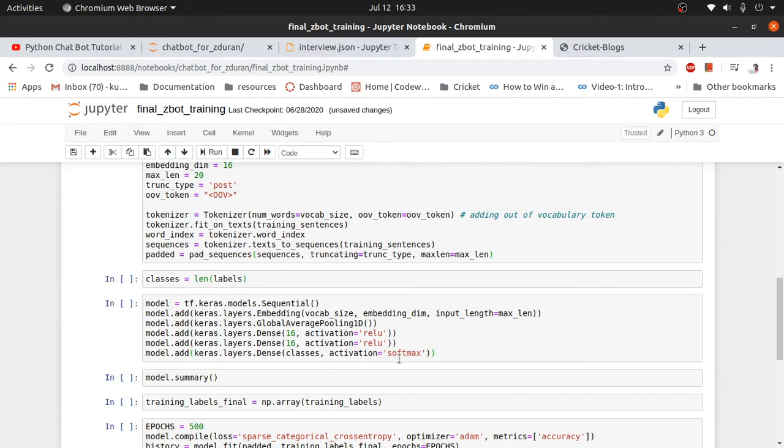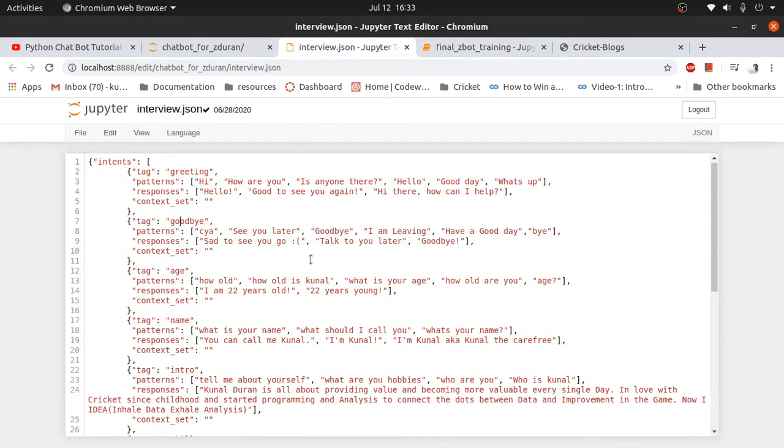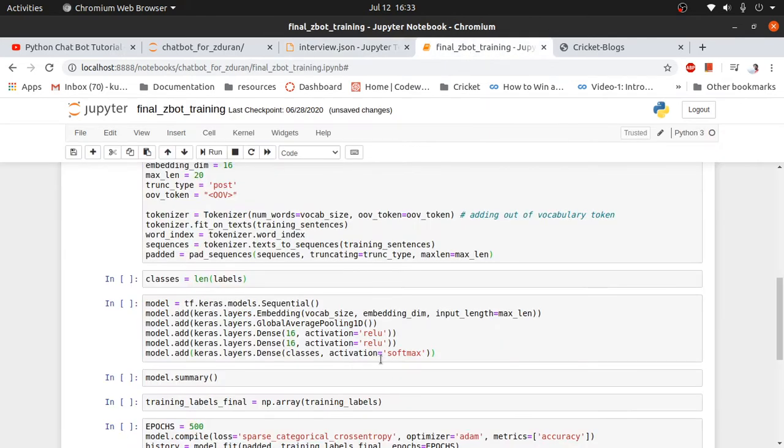So let's say we said hi. It will provide the probability of how likely it is a greeting, how likely it is a goodbye, age, name, intro. That's what this softmax is doing.